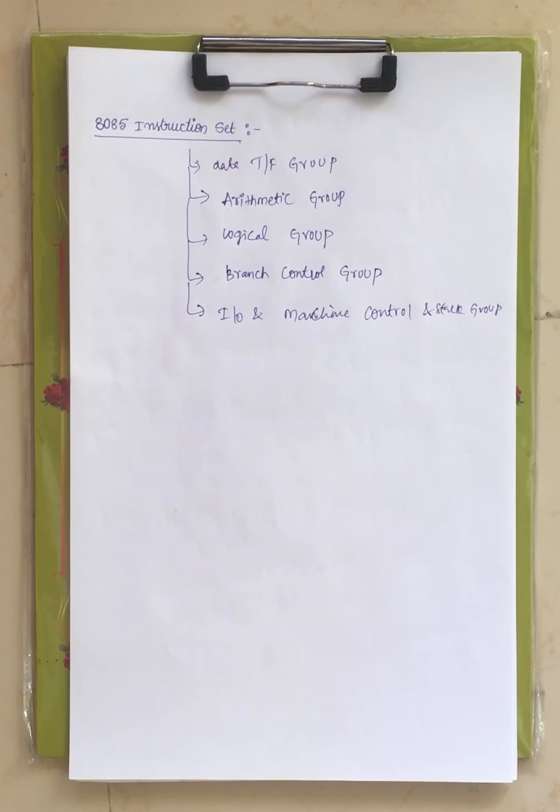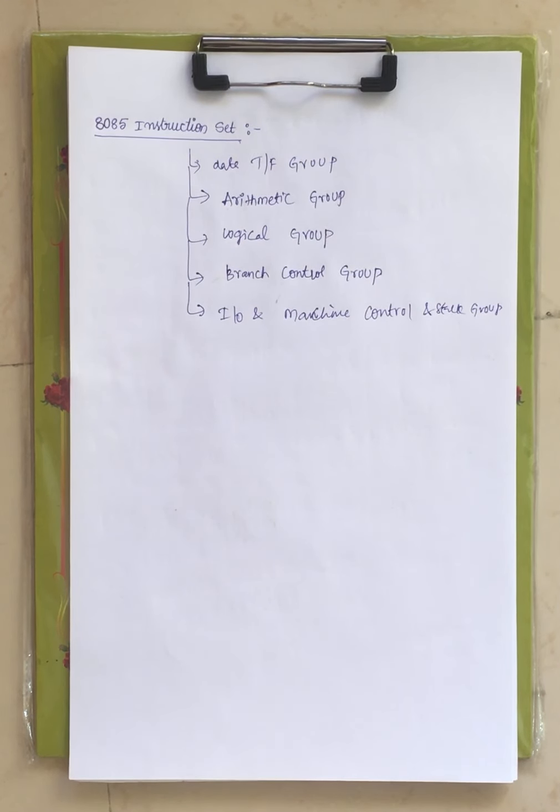That is what it means. Not only 8085, 8086 has its own instruction set, and beyond 8086 you have Intel Core i5, i7, right? Every processor will have its own instruction set. Now what is meant by an instruction? An instruction is a command. It is a command given by the user to the computer in order to perform some specific operation, right? Now let us see one group at a time.